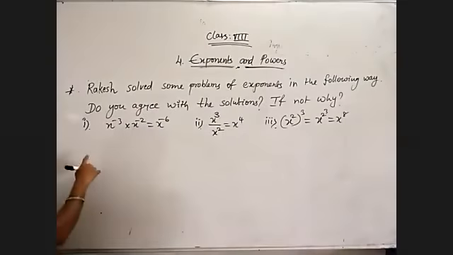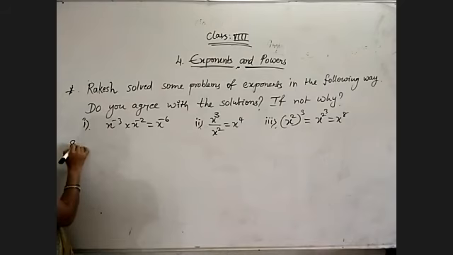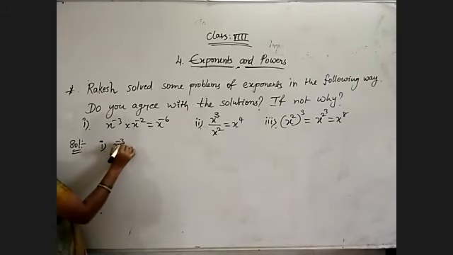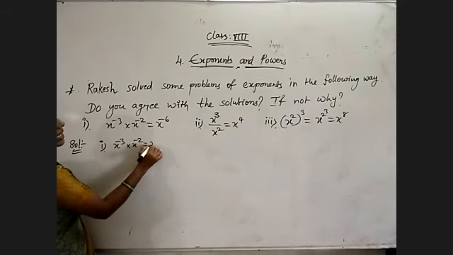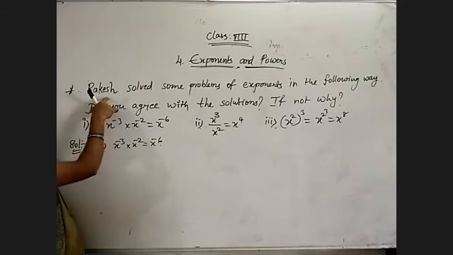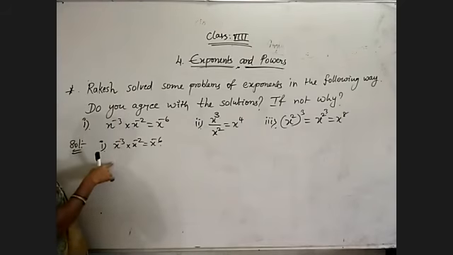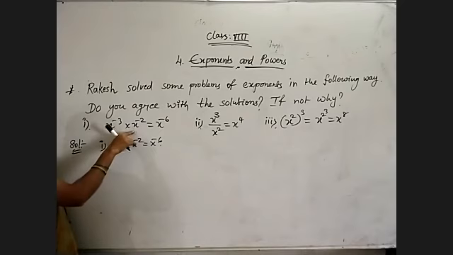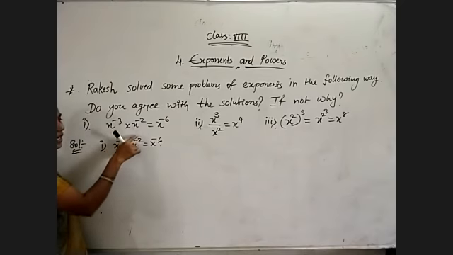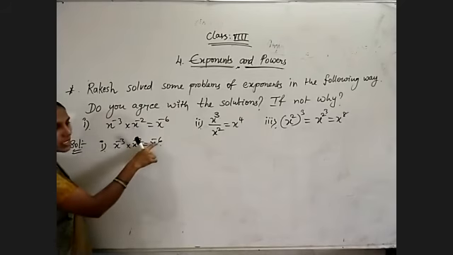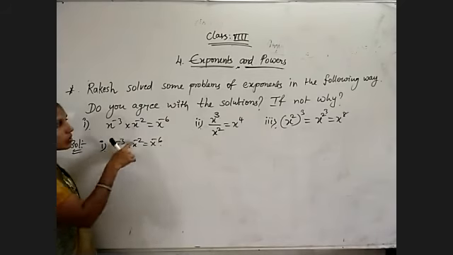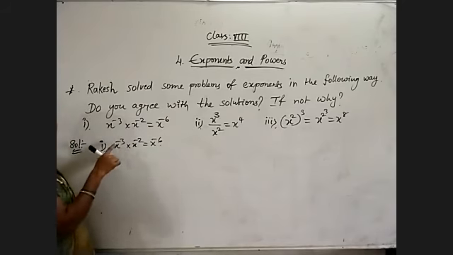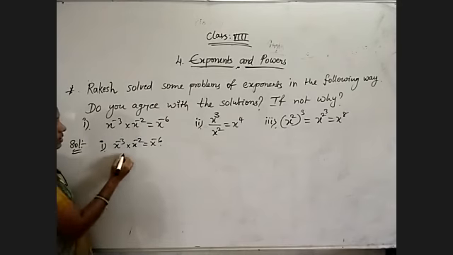Now observe first these three problems. Observe the first question. He has given that x power minus 3 into x power minus 2 is equal to x power minus 6. Okay, he has solved like this. But is that correct? Just observe the left side. It is in the form of a power m into a power n, which is a to the power of m plus n. Minus 3 plus minus 2 is minus 5. Minus 5 is equal to minus 6? No. So whatever he did, that is a mistake.